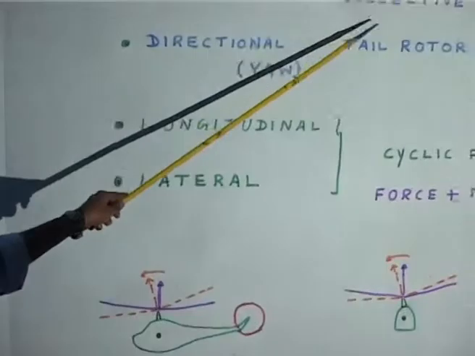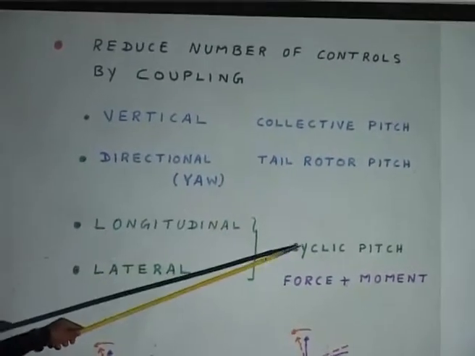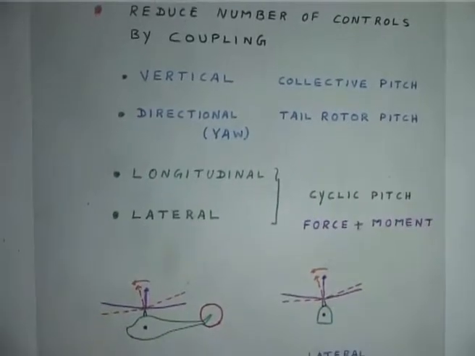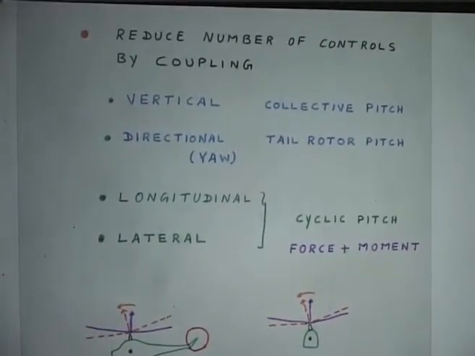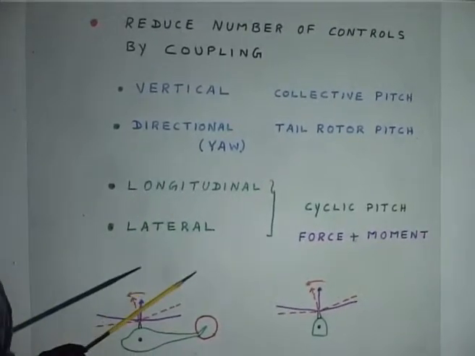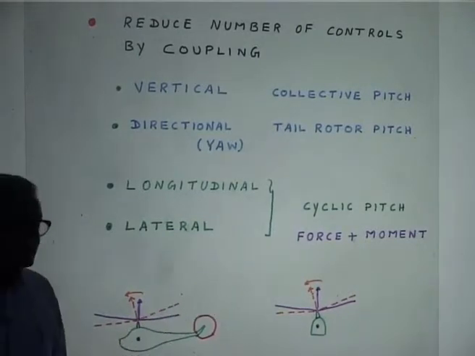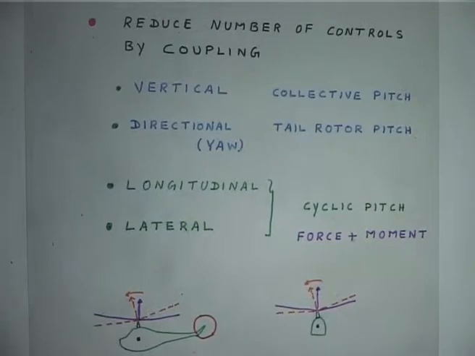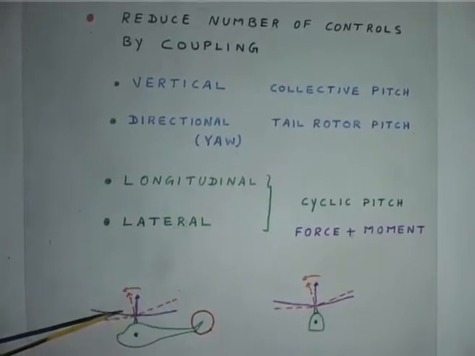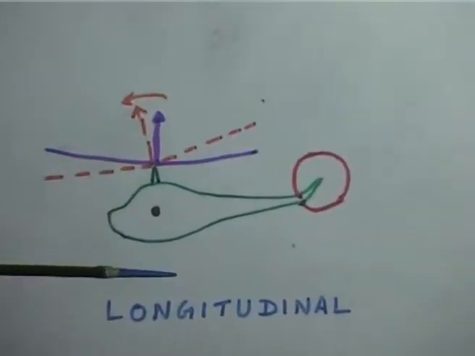For flying the helicopter, we call it collective pitch, tail rotor pitch, and we call them cyclic, because then it is split into longitudinal cyclic and lateral cyclic. But when you give these commands, basically what the pilot does is he just moves the stick, and the effect of that motion of the stick on the rotor system is basically that initially the rotor disc may be horizontal,